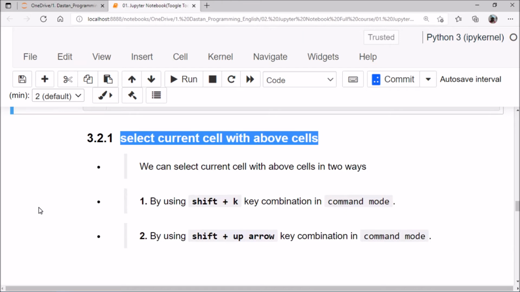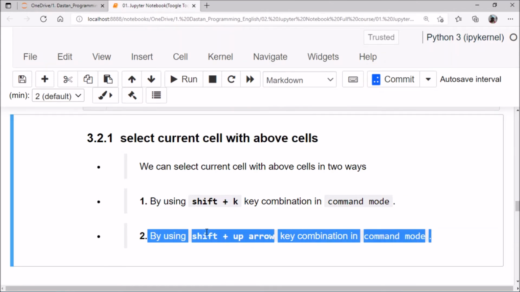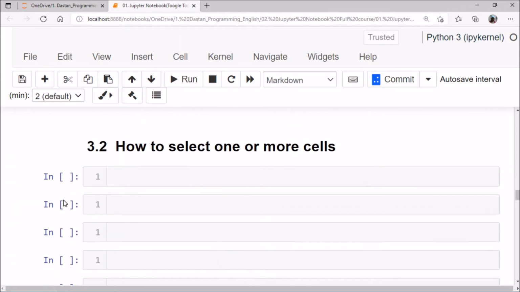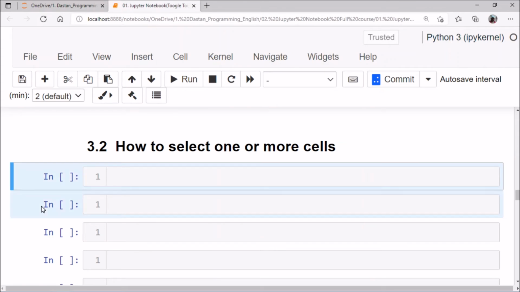The first is using the shift plus K key combination in command mode, or shift plus up arrow in command mode. Here I am using the combination shift plus K, and we have selected the cell above.